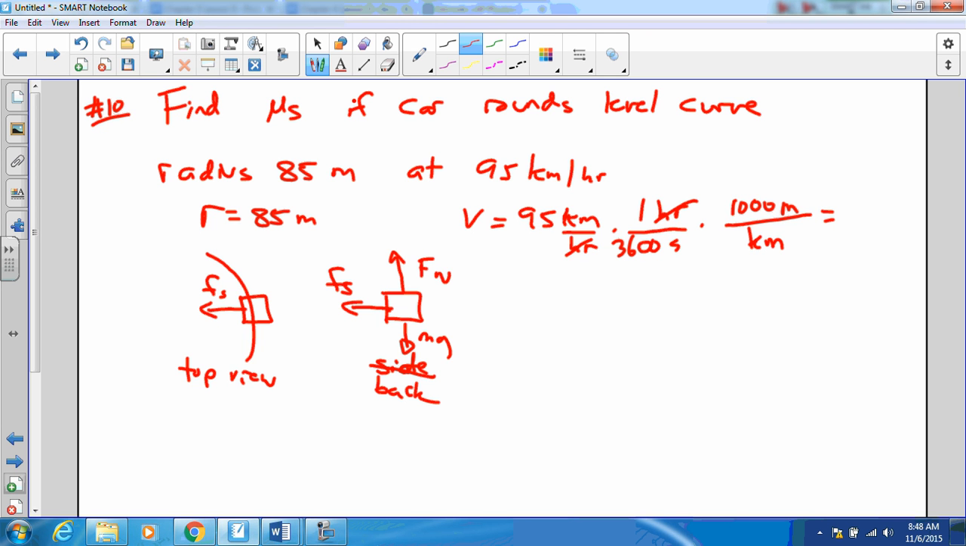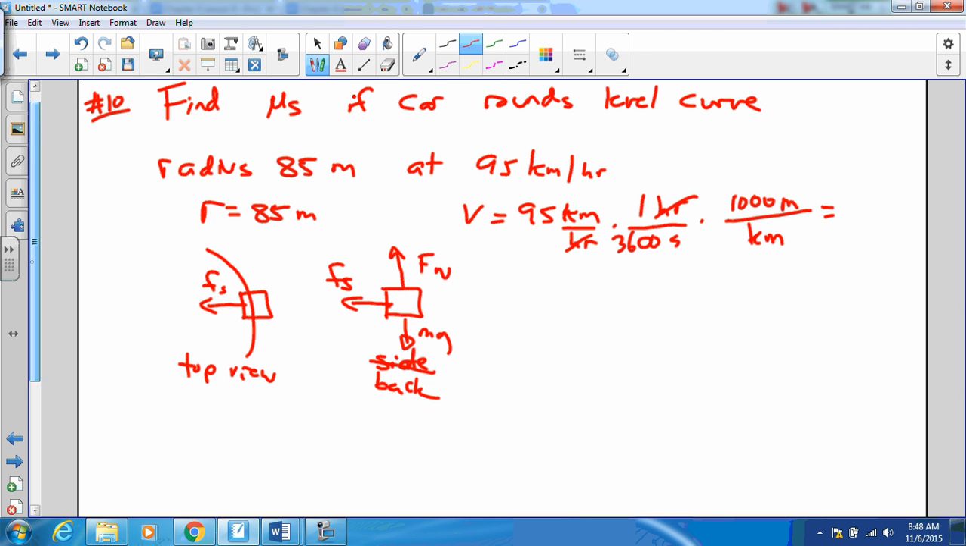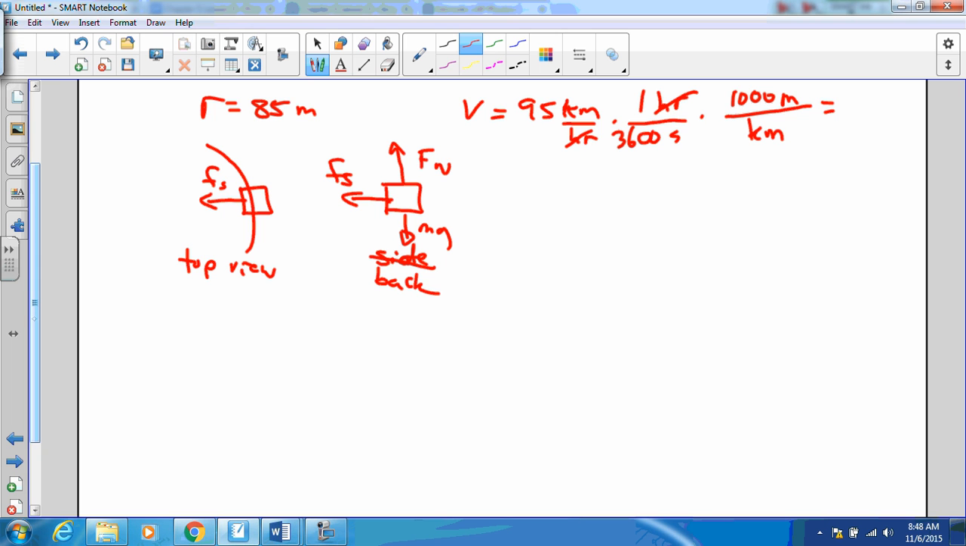Okay, so back to you. I've got my free body diagram. Where do I go from here? So you can find the normal force, which is mg. Why does Fn equal mg? What analysis gets me there? The sum of forces in the y direction is